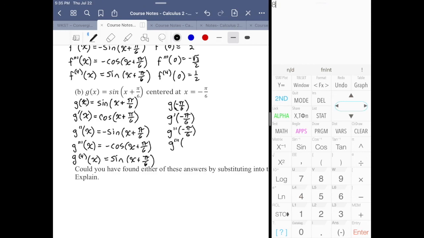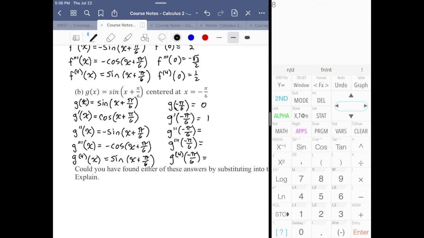But it's going to make the argument of the trig function equal to 0. So that's going to cycle us back to what we actually already know about a Maclaurin, when the sine function of x is centered around 0. It's going to amount to the same thing, because this is just a translated form, but we're also translating the center with us. All right, so sine of 0 is 0,